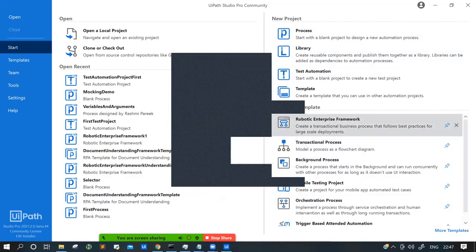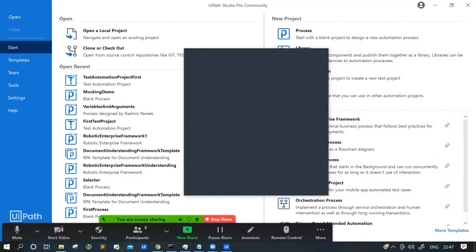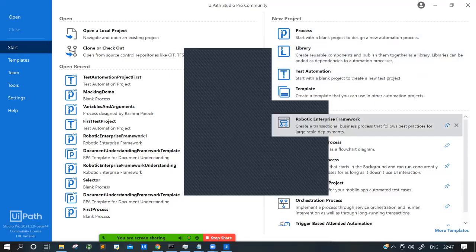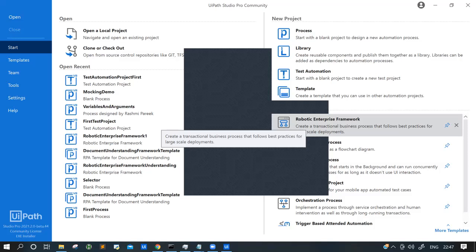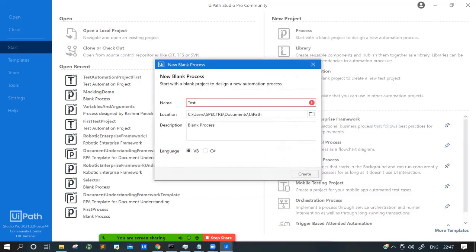And another one is the REFramework, which people generally ask questions about. I'll not go in depth, but as per interview needs, I'll show you what questions are asked and how to answer and tackle them. First, we'll talk about activities. Let me choose a process. You can name it test. I usually give test interview. And you just create it.